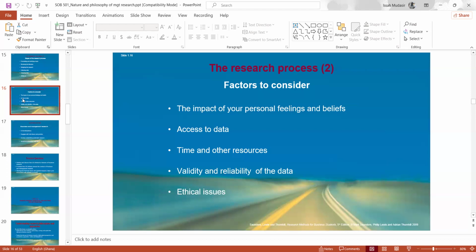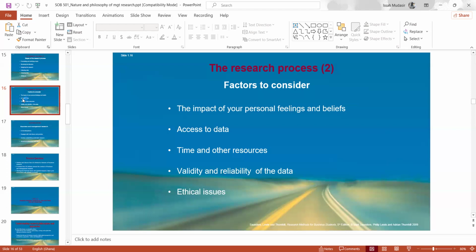Then ethical issues. One of the topics we'll treat is research ethics. You have to ensure that as a researcher, you respect the privacy of your respondents. You usually say that when you enter a house to administer a questionnaire, your boundary is within the compound, not inside the bedroom of the respondent. Once you enter the compound, you sit outside, interview, and go. So respect the privacy of the respondents.